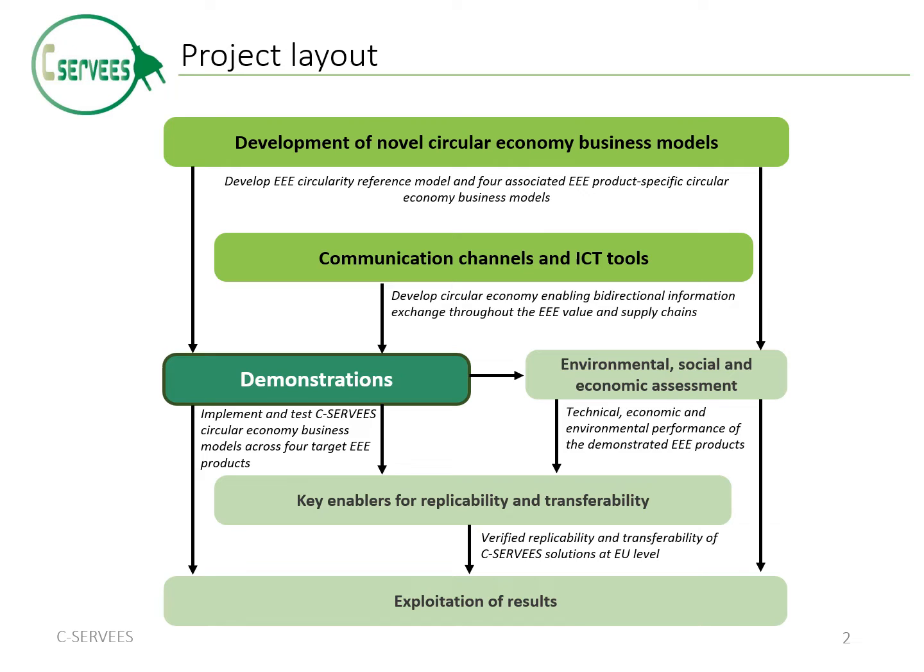In the C-Service project, the demonstrations aim to implement and test the 4 novel circular economy business models developed for each of our target products with the support of new ICT services for bidirectional secure information exchange through the value and supply chains. In turn, the demonstrations will provide the basis to perform a technical, economic and environmental assessment of